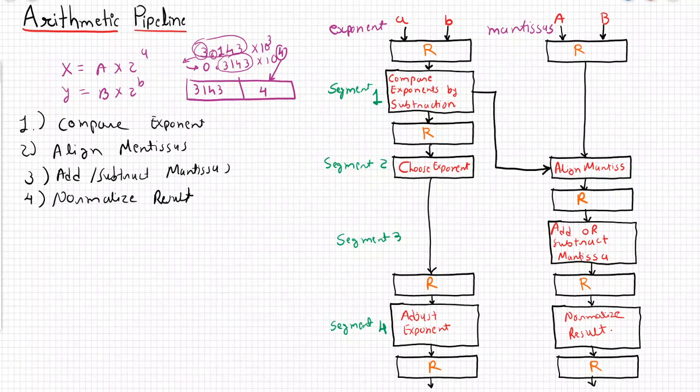So how will this work? First the exponents will be compared, and then the value with the higher exponent will be selected. We choose the exponent, then the mantissa will be aligned, then addition or subtraction will be performed, then the exponent will be adjusted, and the result will be normalized. The result is normalized whenever the exponent is adjusted. Let us go through one example so we have an idea of how it is done. Let's take two values.